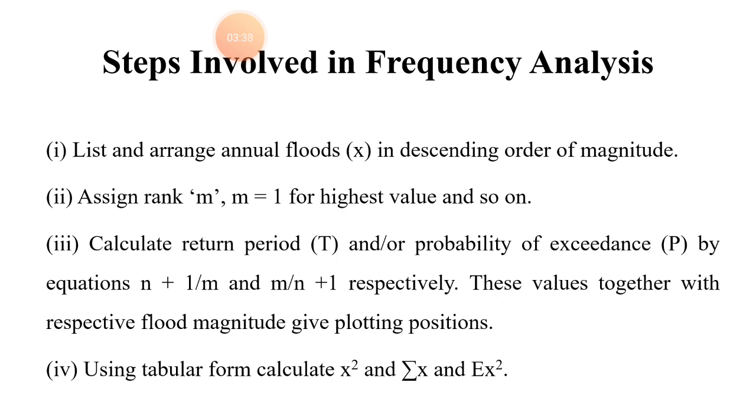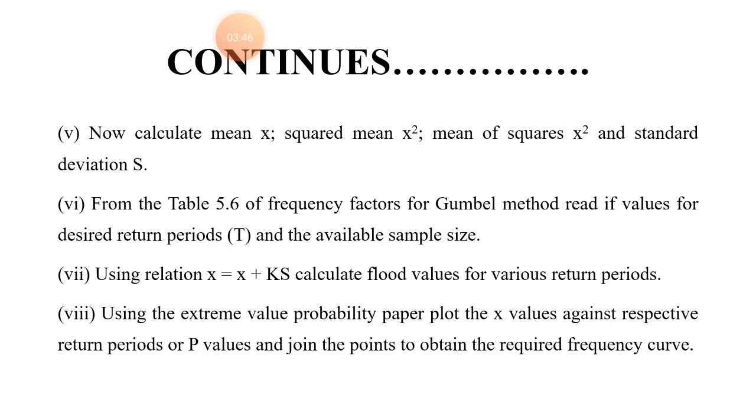Then the fourth step, using tabular form, calculate x square and sigma x square. Fifth step, calculate the mean value of x and the squared mean value of x, the mean of squares x square, and the standard deviation s. Then the sixth step, from the frequency factors for Gumbel method, read K values for the desired return period. Then the seventh step, using the relation x equal to x bar plus K s, calculate the flood values for various return